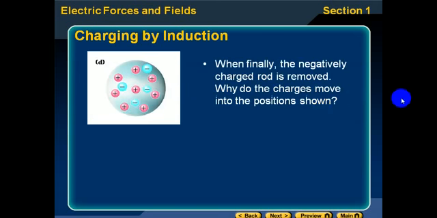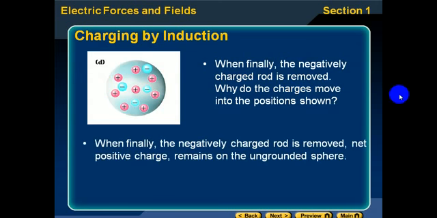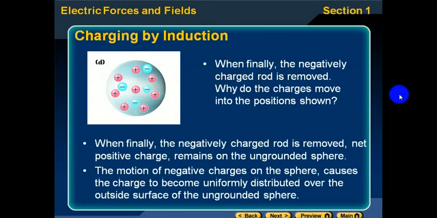And then when finally the negatively charged rod is removed, why do the charges move into the positions shown in the figure? When finally the negatively charged rod is removed, net positive charge remains on the ungrounded sphere. The motion of negative charges on the sphere